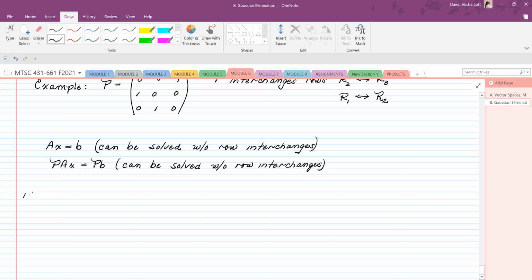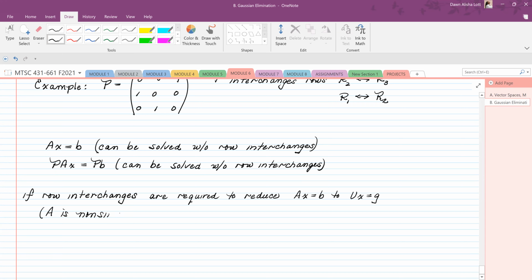So if row interchanges are required to reduce AX equals B to UX equals G, and here again, A is non-singular, then A cannot be factored as A is equal to LU. Instead, you have PA